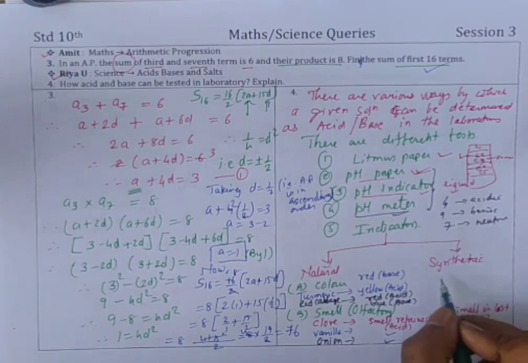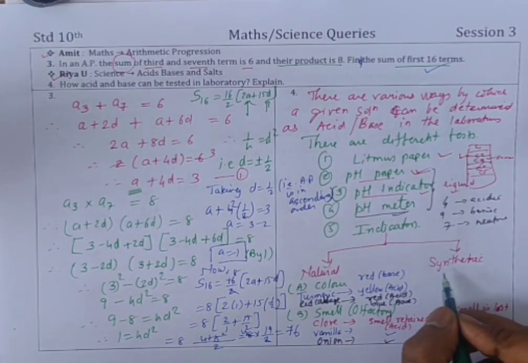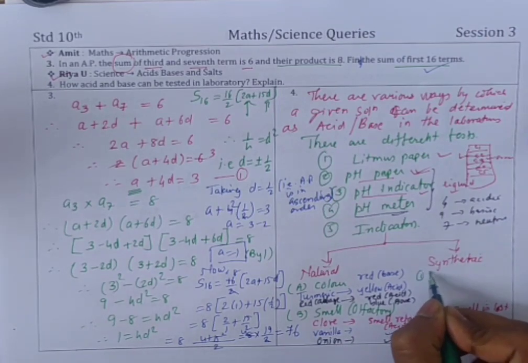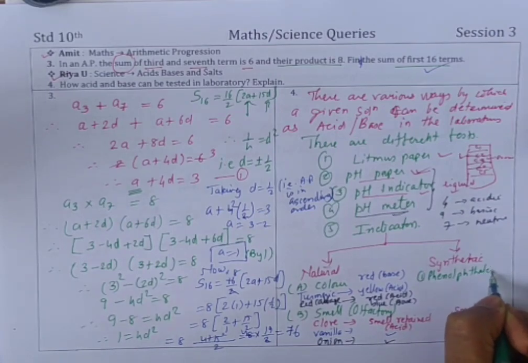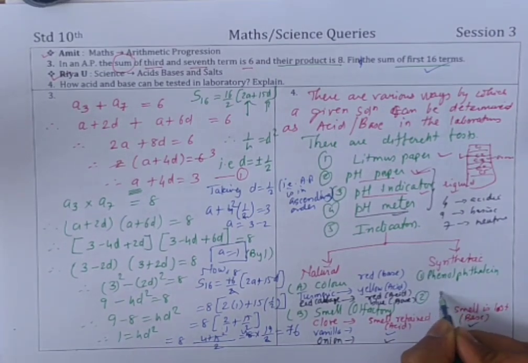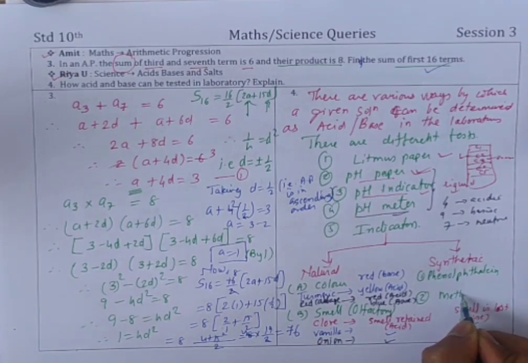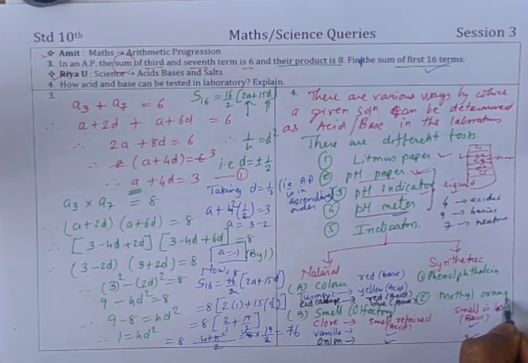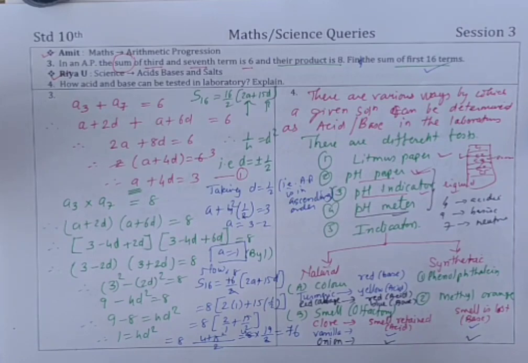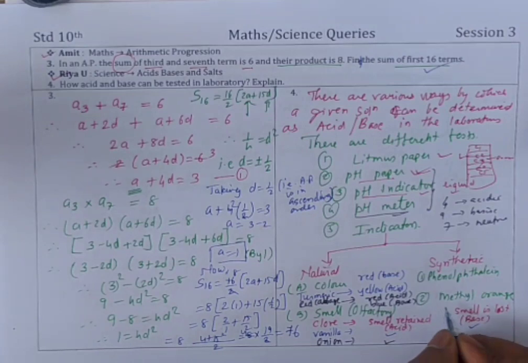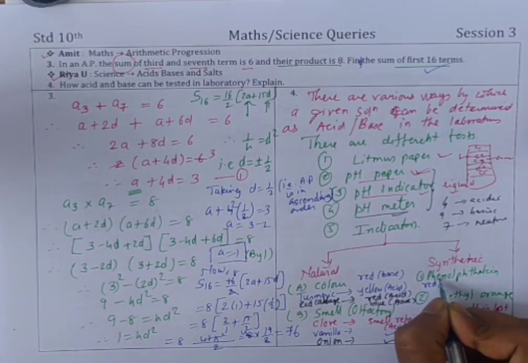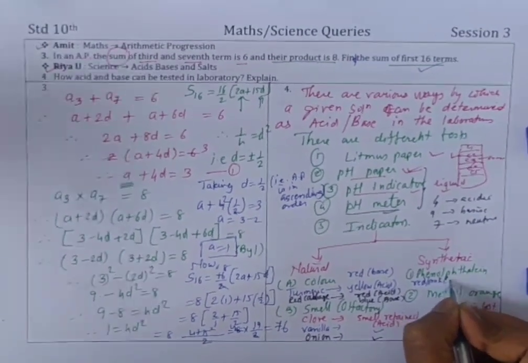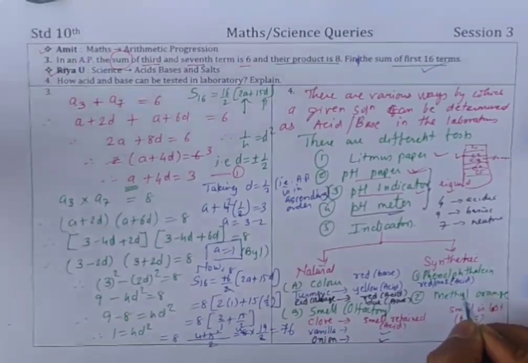ओके, अब बारी है सिंथेटिक इंडिकेटर्स की। सिंथेटिक इंडिकेटर्स में एक है फिनोल्फ्थलीन, और दूसरा इंडिकेटर है मिथाइल ऑरेंज। अब फिनोल्फ्थलीन में क्या होता है, आपने फिनोल्फ्थलीन सॉल्यूशन में डाला और रेड कलर या पिंक कलर हो गया, तो दैट इज एसिड।